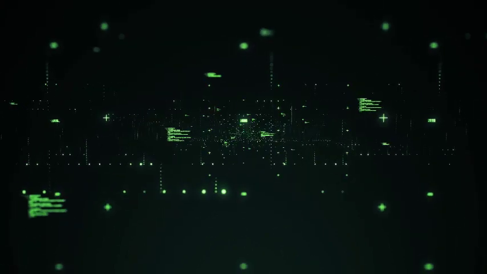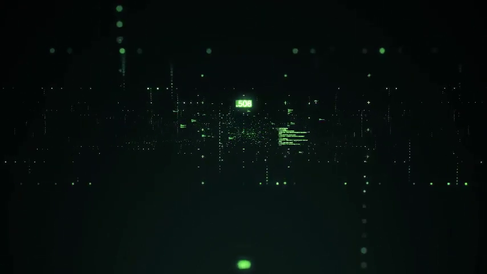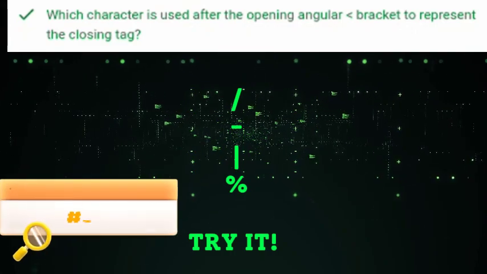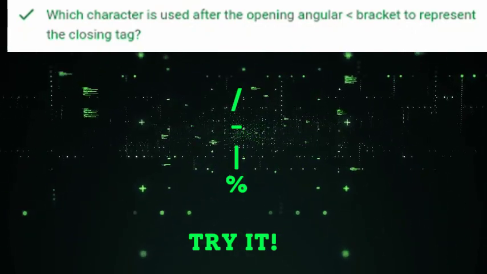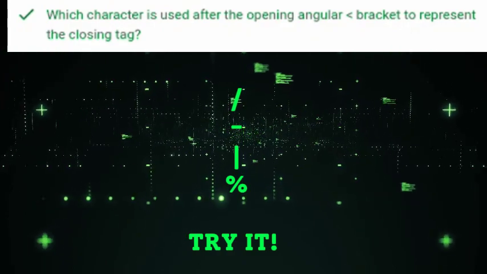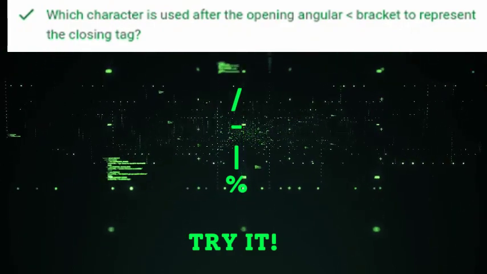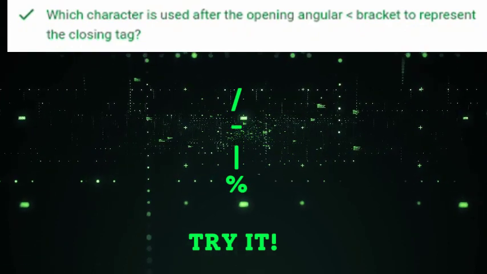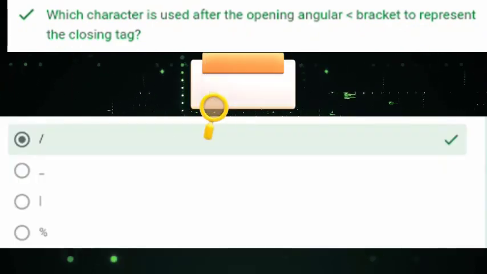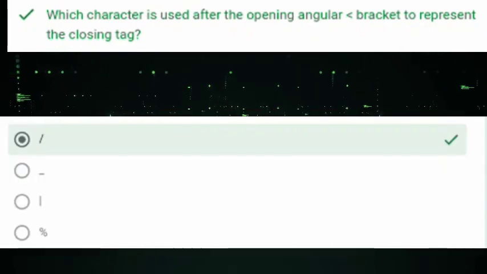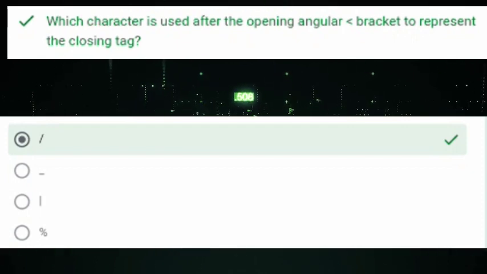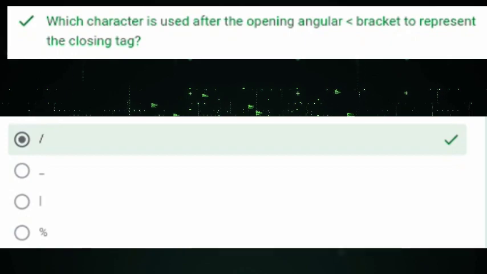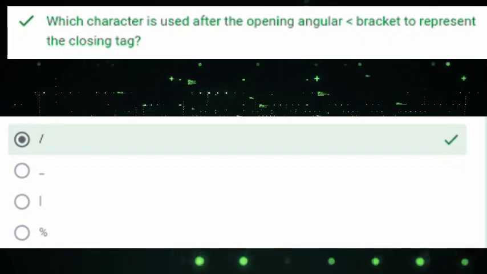And our fifth question, which character is used after the opening angular bracket to represent the closing tag? Here is the answer. The character used after the opening angular bracket to represent the closing tag in HTML is